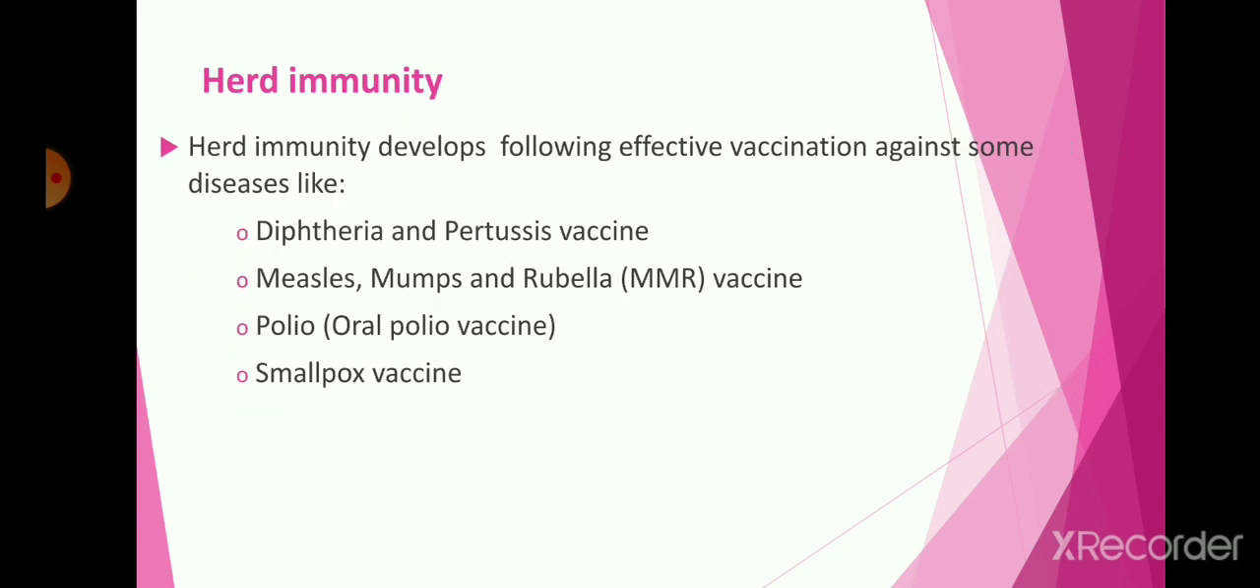Herd immunity develops following effective vaccination against diseases like diphtheria, pertussis, measles, mumps, rubella, polio and smallpox. We know that all these vaccines are provided all over the world for the eradication of such diseases. These vaccines are quite useful in communities to eradicate these diseases. For example, in India polio has been eradicated,